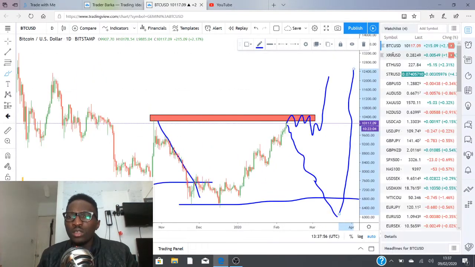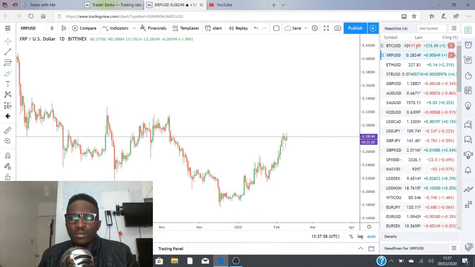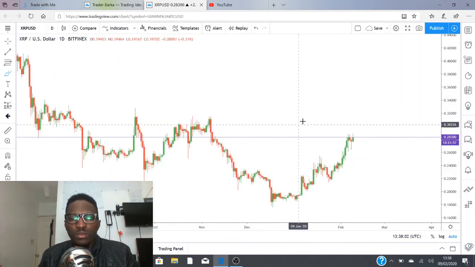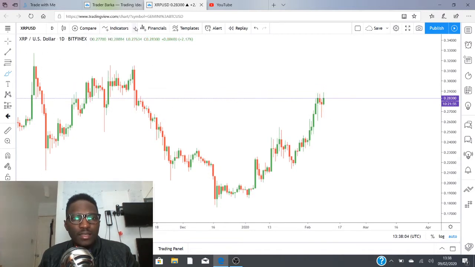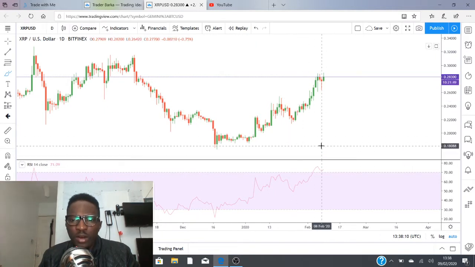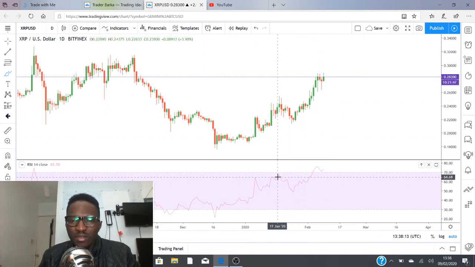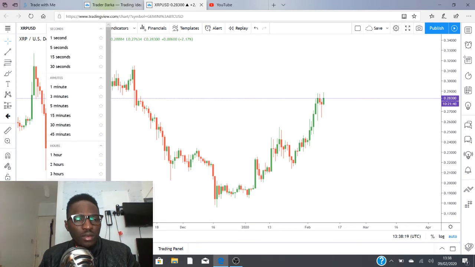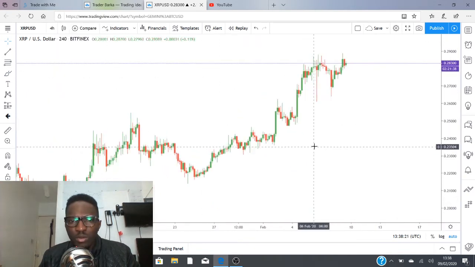So heading over to Ripple. With Ripple, we can see that the market is also showing some kind of oversold conditions on the RSI. Yes, we're getting some oversold condition on the RSI, so expect some kind of sideways movement or a correction very soon on Ripple as well. And if I head over to the daily, or let's look at the 4-hour chart, maybe we'll see a potential